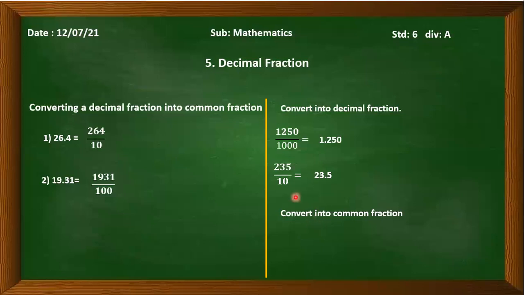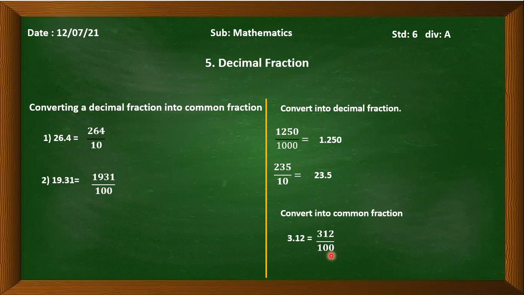So next is convert into common fraction. That is what we have studied in this. So let's solve this, which is 3.12. Here you can see after the point there are 2 digits. So what will be the answer? 312 upon 100. Right, we have written the number 312 without a decimal in the numerator, and after that we have counted the decimals, that is 2. That's why we have given 100 here. So have you understood this?